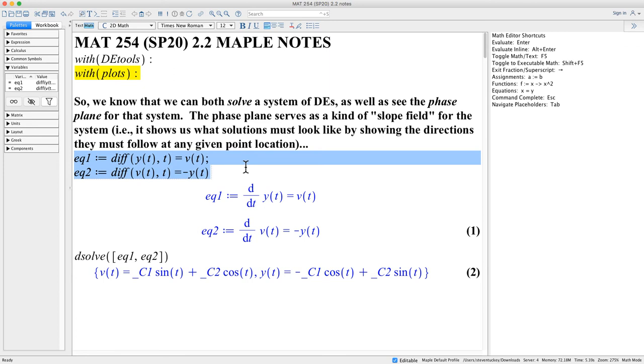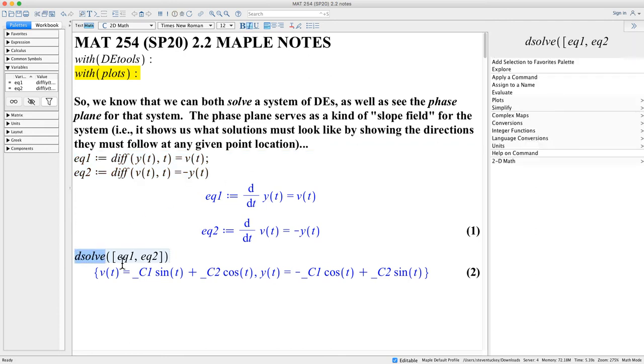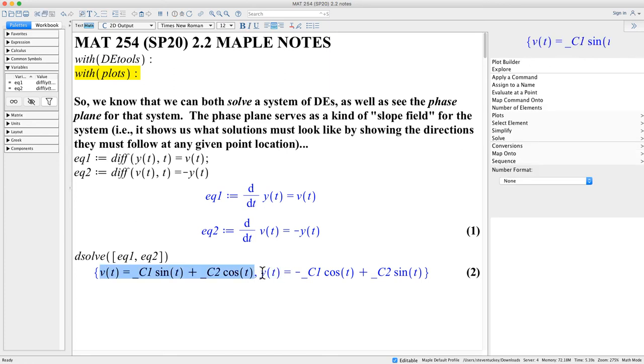And I'm going to refer to them as EQ1 and EQ2 just for simplicity's sake. And I can solve that system by doing a dsolve. And so Maple gives me the general solution. There's the general solution for the V, and there's the general solution for the Y. But right now, the solutions aren't nearly as interesting to us as the fact that we can also make the